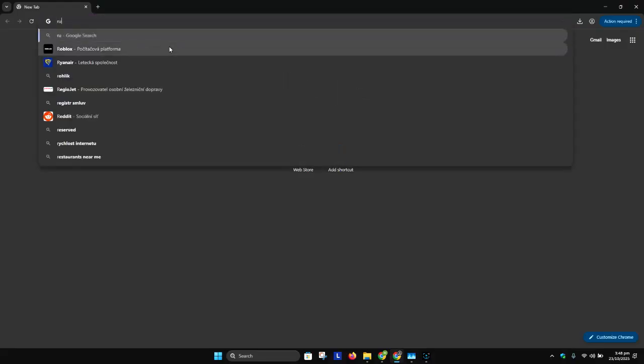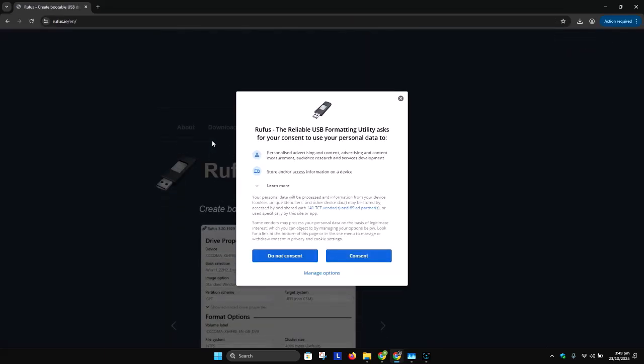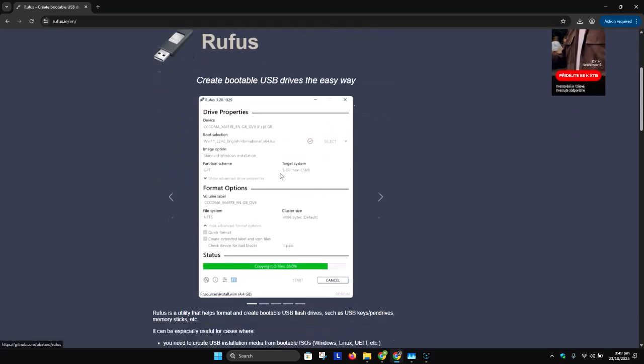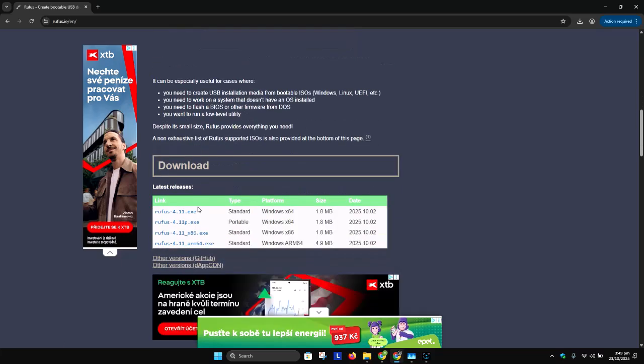We're going to download a little tool called Rufus. So type in your browser Rufus. You will see the official website. And here we have it, the software. So just locate .exe, Windows 64. If you are using an old version of Windows, then you might want to see if you have Windows 86